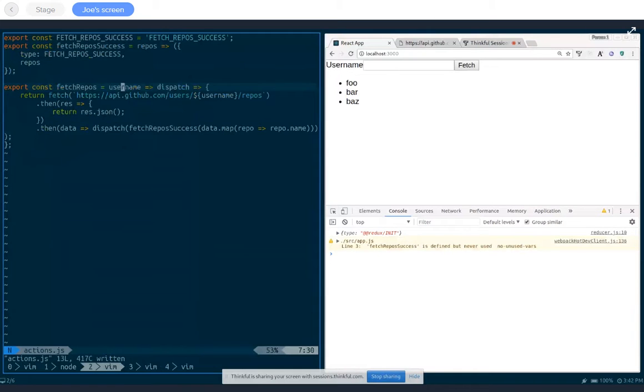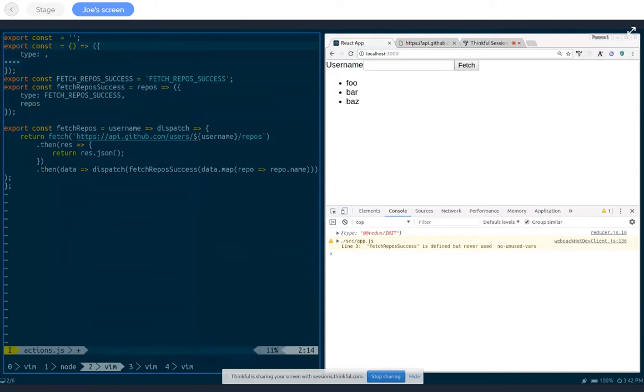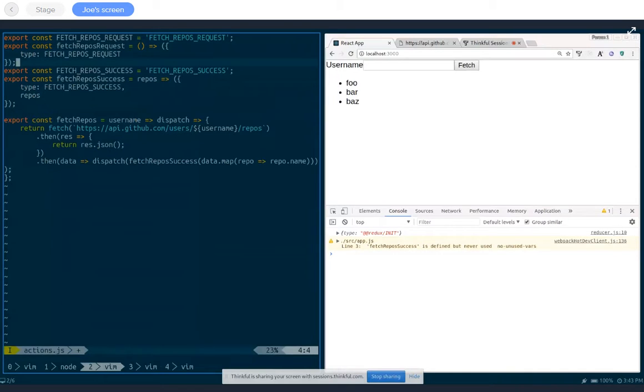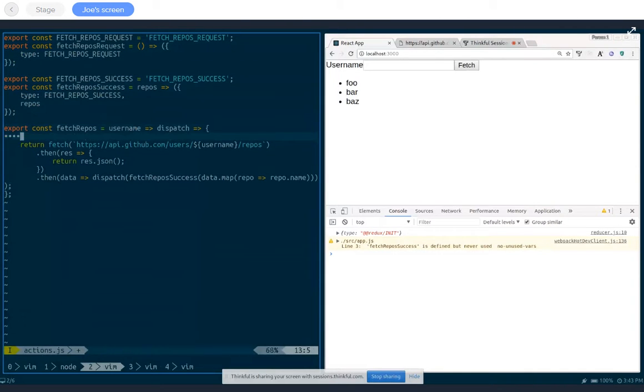Last thing that I have to do is create those kind of synchronous actions which are paired with our async action and handle them in our reducer. So, as I said, with each async action, you tend to have 3 synchronous actions. One of them is the request action. Basically, we've started to make the request. So this is where we'll say, yeah, it's loading. And you don't tend to put any extra data with that. So what we'll do is we will dispatch fetch repos request right at the start here,